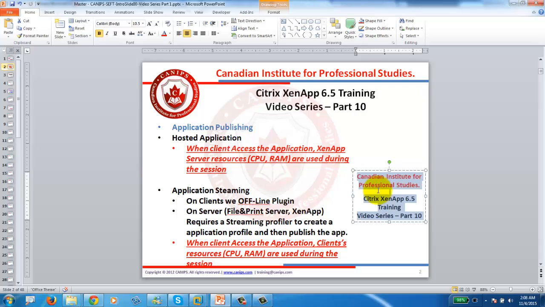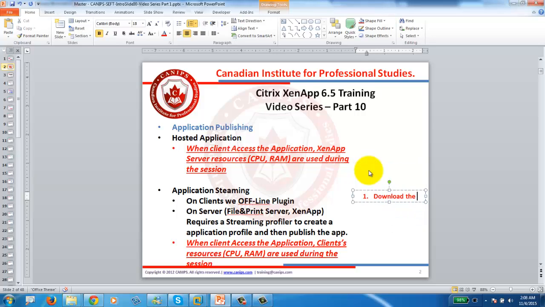I'm going to say streaming application. For streaming application, these are the steps that we need to go through. So step number one is download the application to be streamed. Number two is install the streaming profiler. Number three,